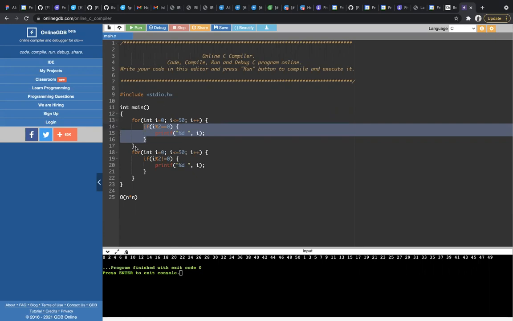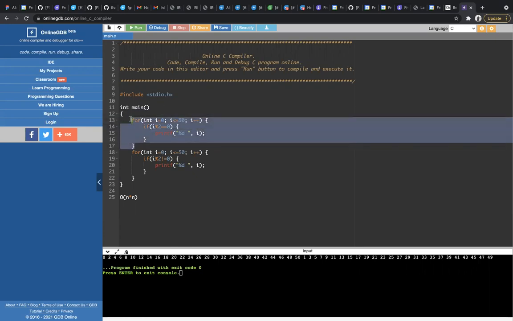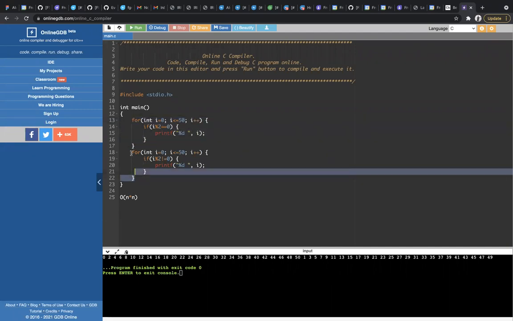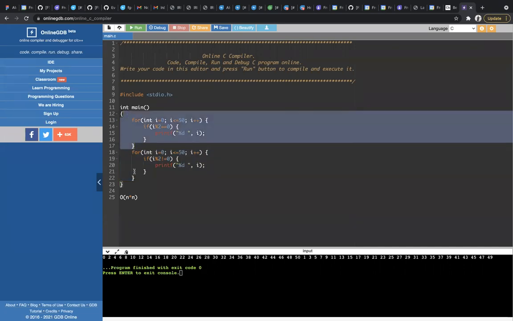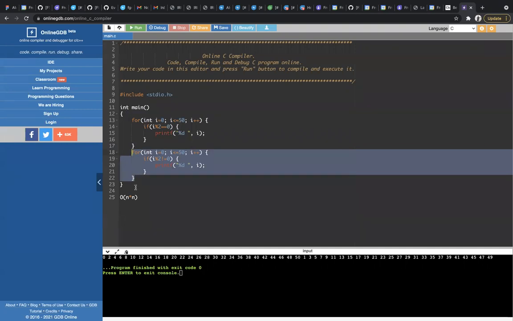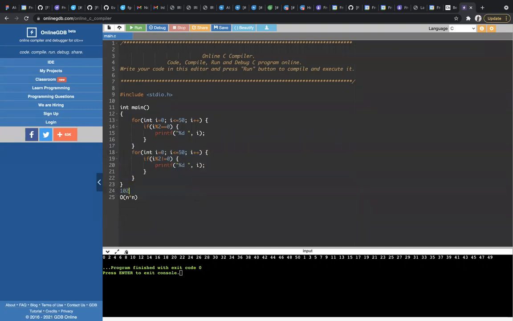It's just skipping the if statement, but still for i equal to 1, it is getting executed inside the loop. That means the first loop itself is going from 0 to 50. It means 51 times, right? And the second loop also goes from 0 to 50. So totally 51 for this and 51 for this, totally 102 is the execution count. You guys got it?